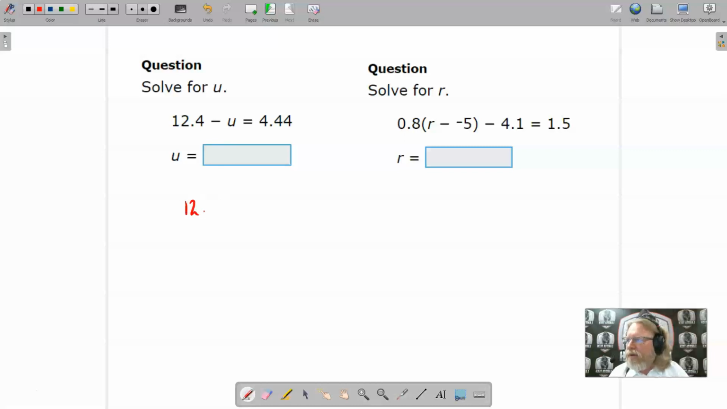So 12.4 minus u equals 4.44. So this is a positive 12.4, so we need to add a negative 12.4 to each side, or that is to say, subtract 12.4 from both sides. And these are going to cancel each other out, leaving me with negative u equals,